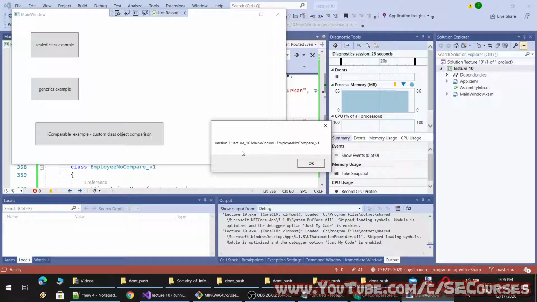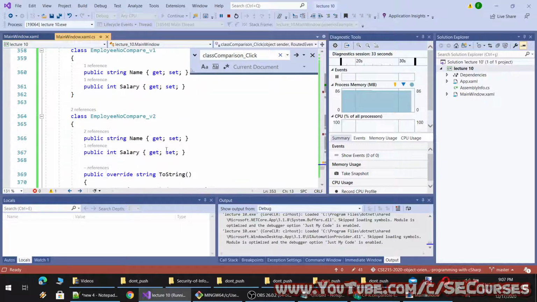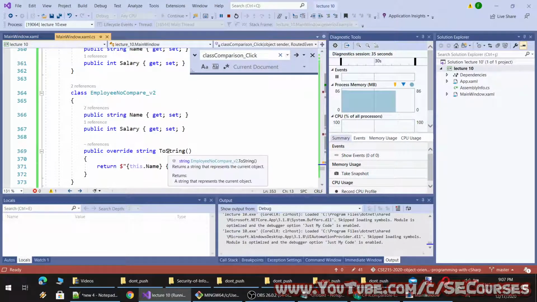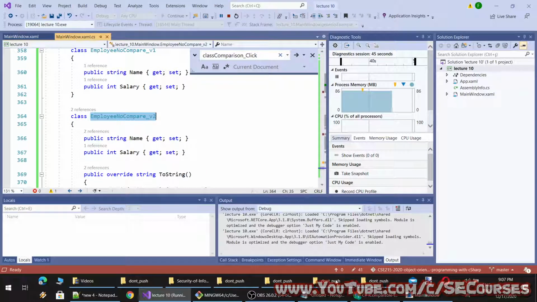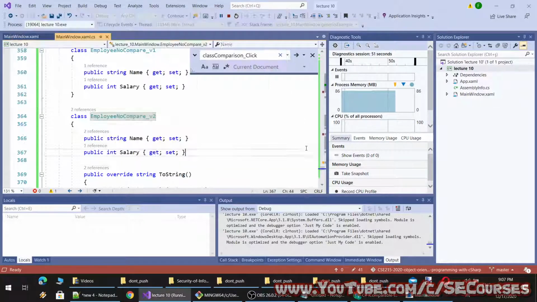Therefore, we override the ToString method, because ToString can be used for any object. However, this time I am overriding the ToString method for this particular class. So let's see the second example. You see it shows what I want, version 2 Furkan 100.